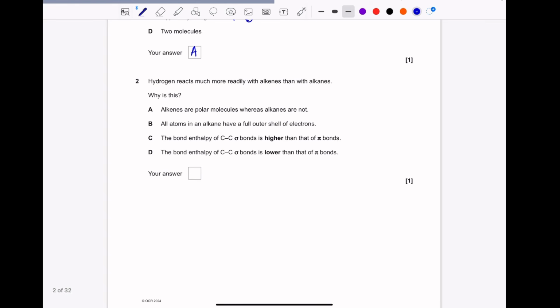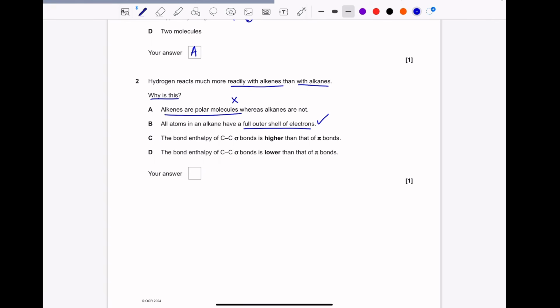Then question 2 is hydrogen reacts more readily with alkenes than with alkanes. Why is this? First statement is alkenes are polar molecules. Now this is incorrect because both alkenes as well as alkanes are nonpolar. Option B is all atoms in an alkane have a full outer shell of electrons. While this statement is true, it's also true for alkenes, therefore not a reason as to why one is more